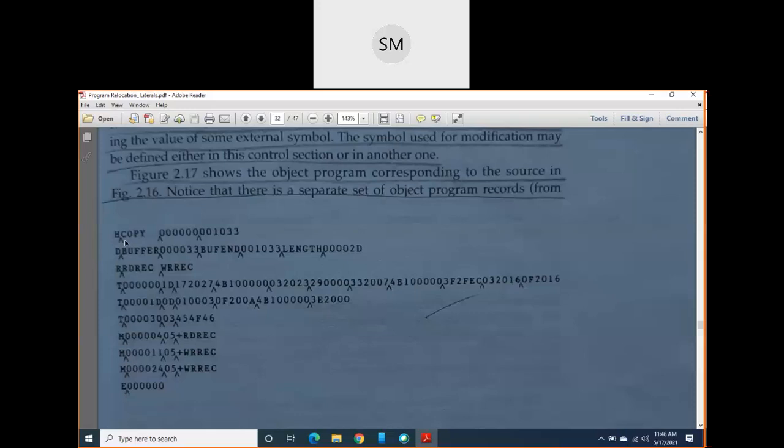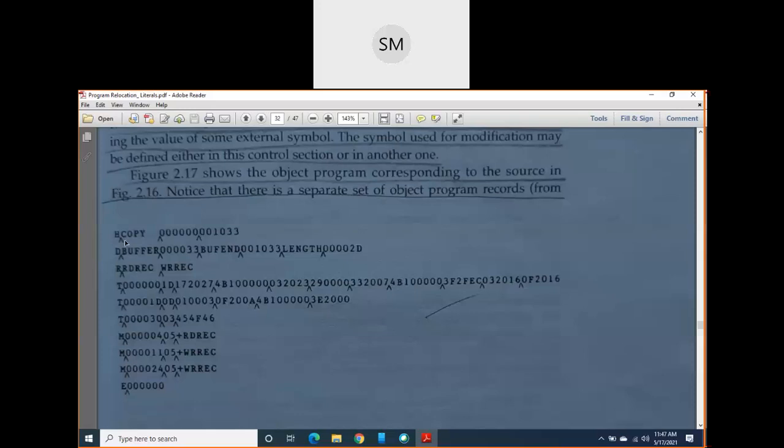So here, we have 3 control sections in this program. So definitely we have to write 3 different object programs. First, I write the object program for the first control section. Its name is COPY.